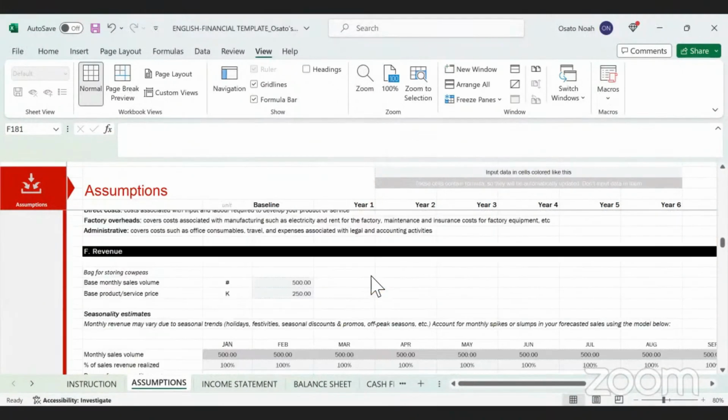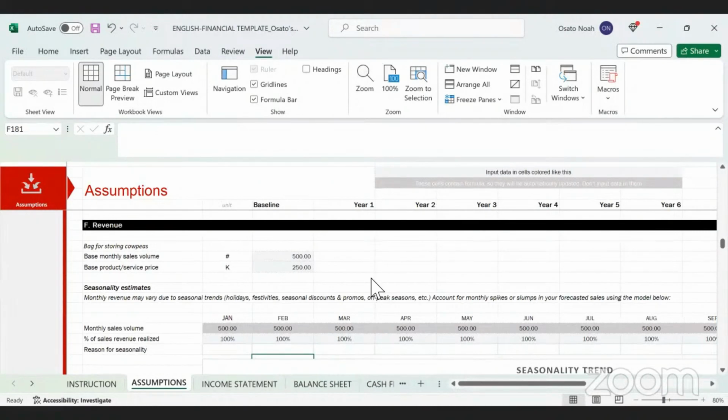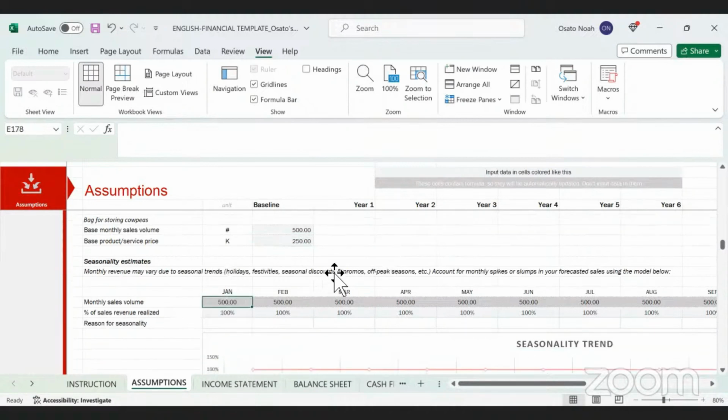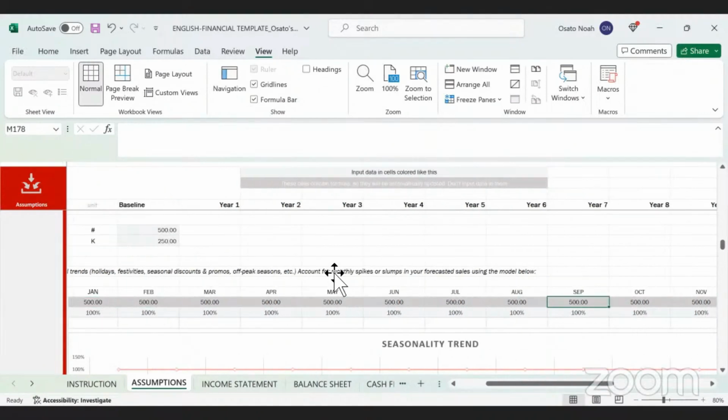So revenue. So let's now get to revenue. Revenue is simply the quantity or the volume of the products times the cost of the service or the product. So our product, we said, okay, as a baseline, we have 500 of the bags that will be produced, and each bag costs 250 kwacha. And based on that, we then have our year-on-year expected production, which is starting from our baseline of 500, and